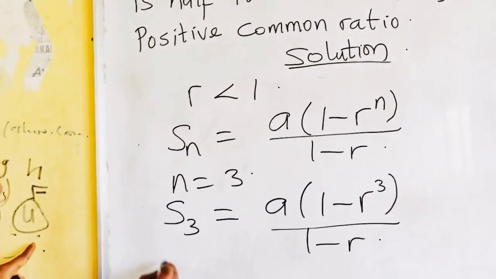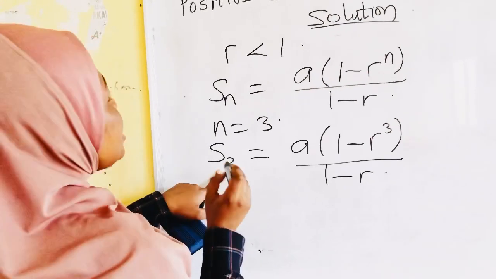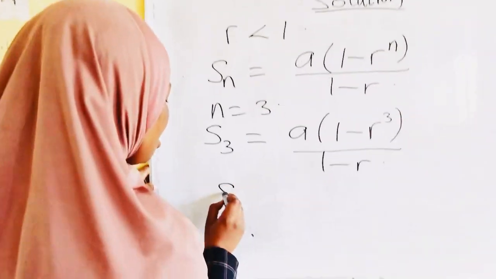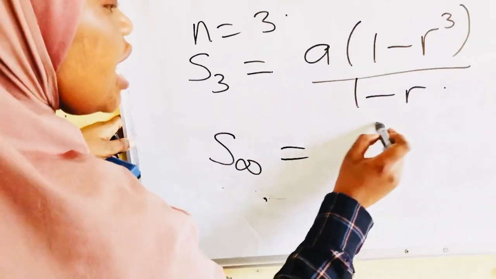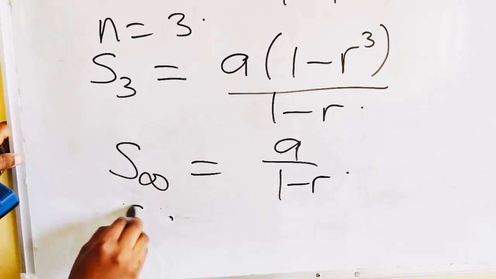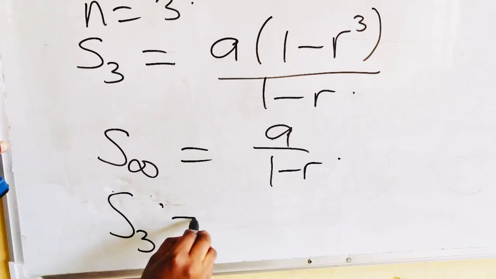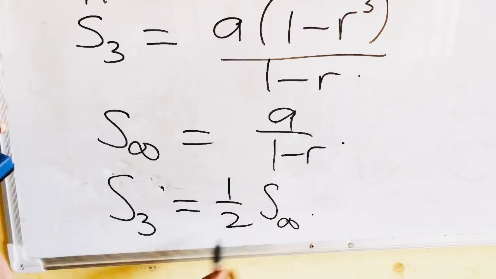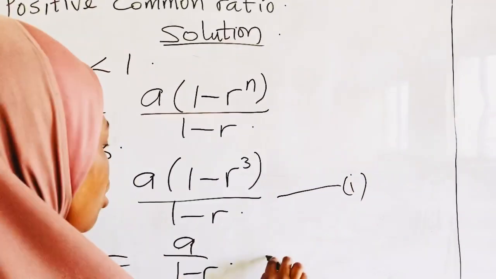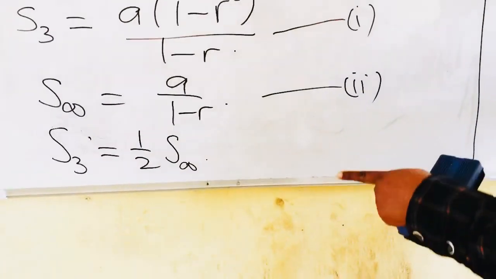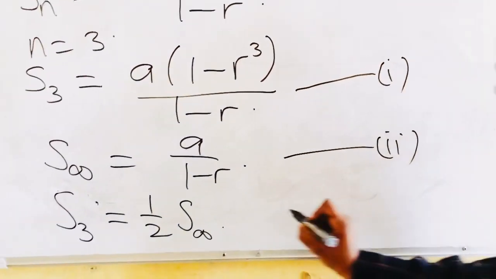Now, this S subscript 3 is equal to half of its sum of infinity, and the sum of infinity is equal to a over 1 minus r. So S subscript 3 is equal to half of the sum of infinity. Let's substitute their values there. Let's call this one equation 1, this one equation 2, and this one equation 3. So substituting equation 1 and equation 2 into equation 3